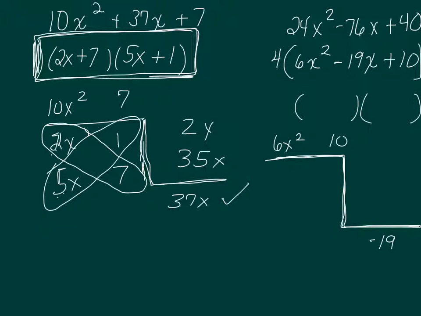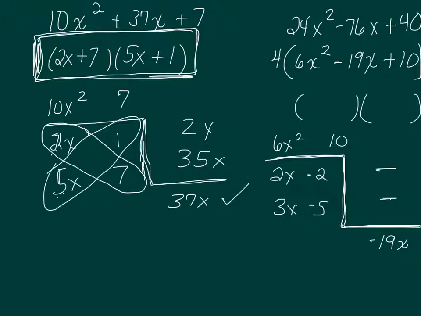Okay, how can I break up 6x squared? How about 2x and 3x? How can I break up 10? How about 2 and 5? One of the things I notice is that I have a negative 19x. So I need to have these terms be negative, or I need it to add up to be a negative number. So let's make the 2 and the 5 negative,